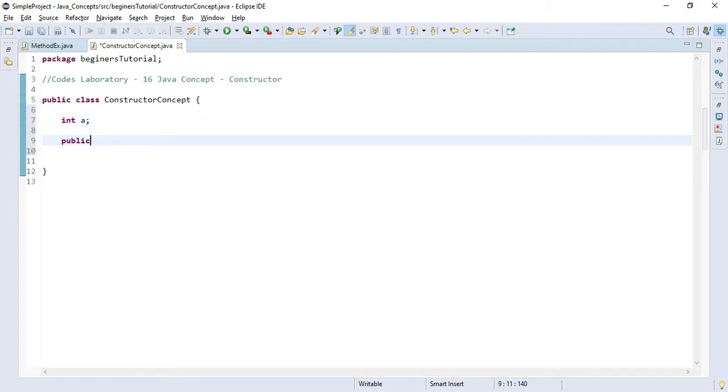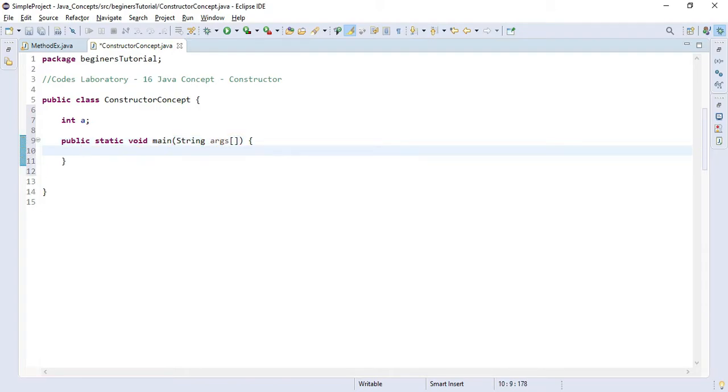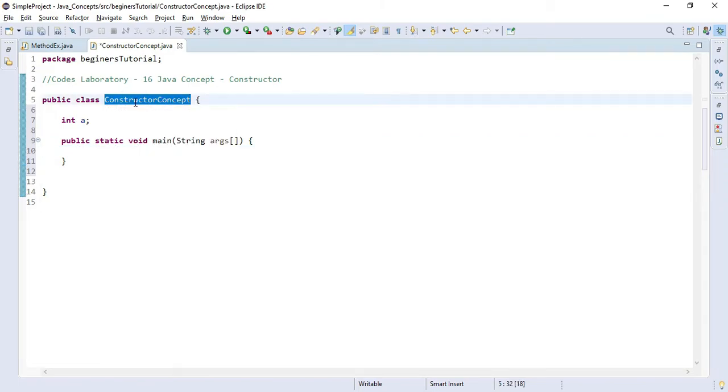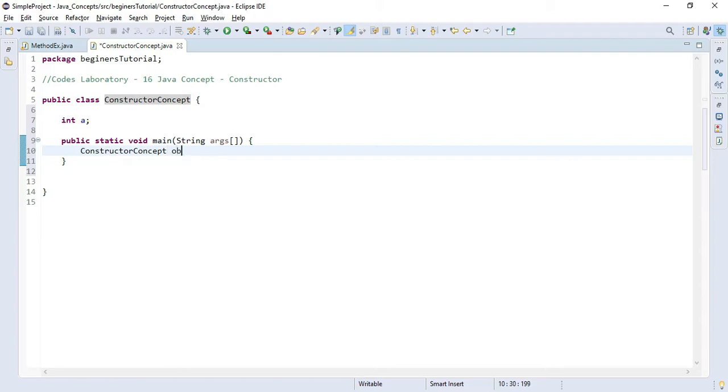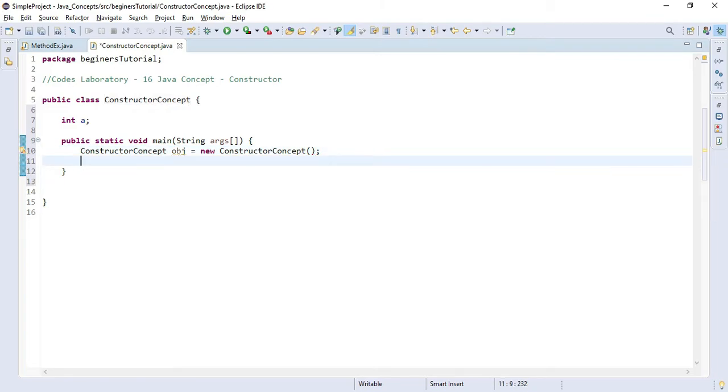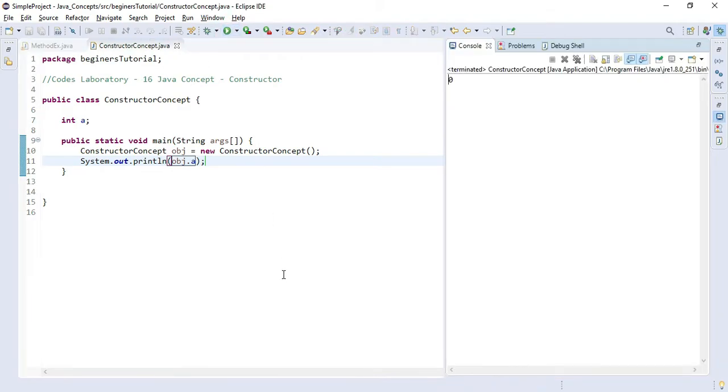Now we are required to create one main method like this. And now we need to access this instance variable in our method. You must know this is an instance variable, so you will first have to create the instance of your class like this, and with the help of the new keyword we can create the object of our class. Now I simply want to print this variable, and we will execute our program to take a look at what it says.